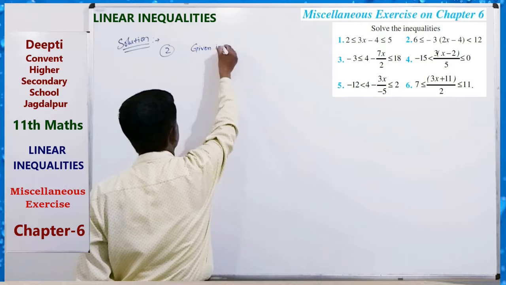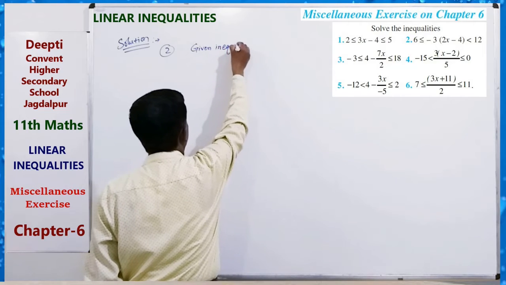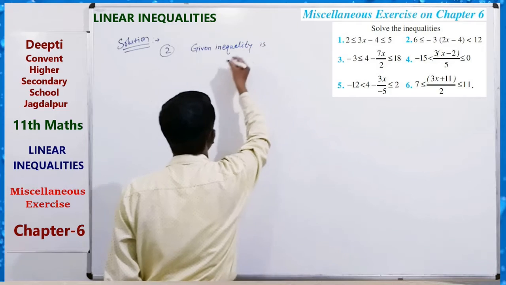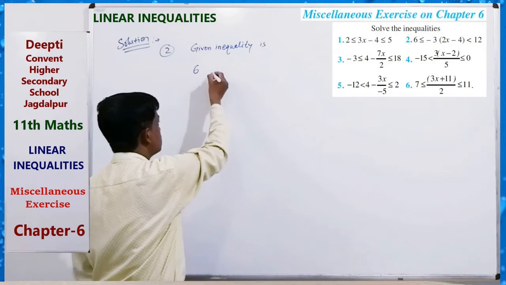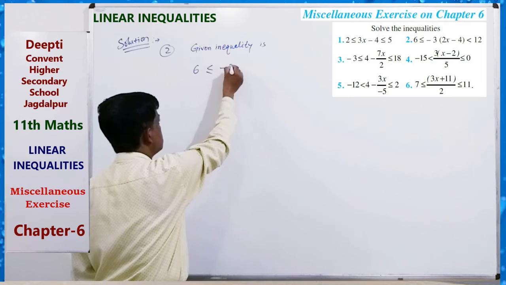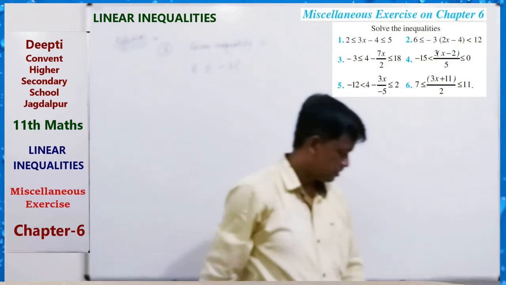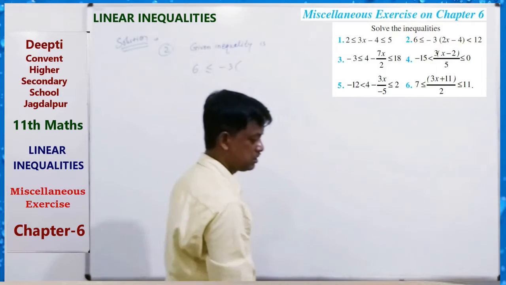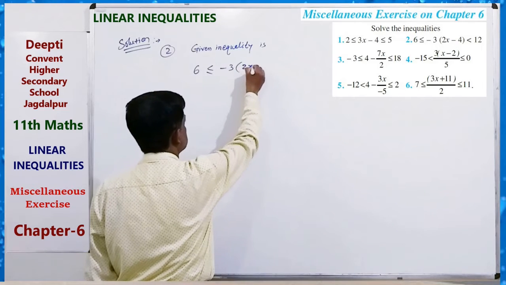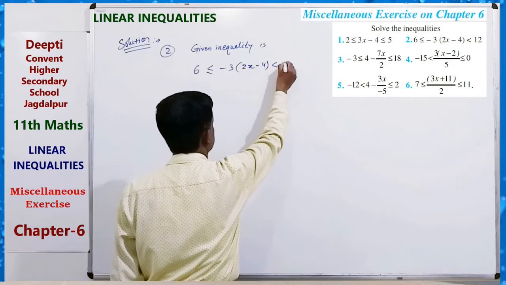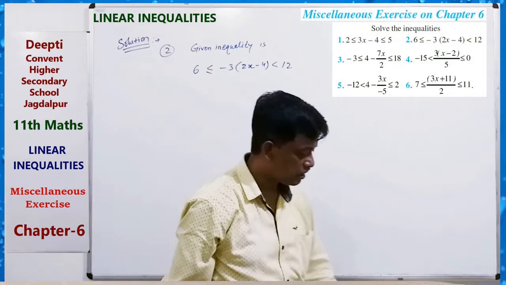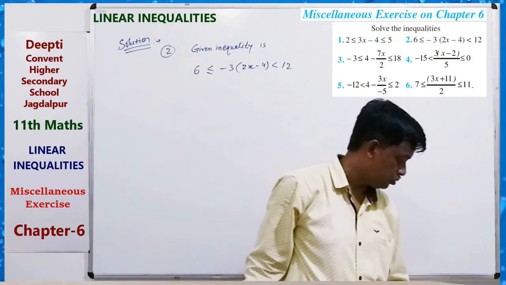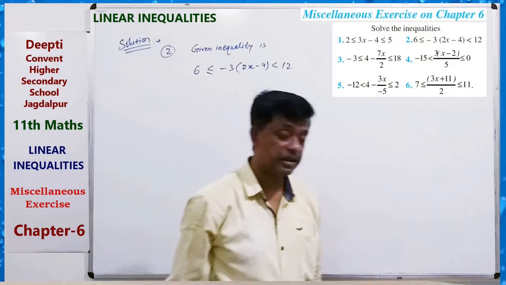The given inequality is 6 less than or equal to minus 3, 2x minus 4 less than 12, 2x minus 4 less than 12, only less than 12 is there. Okay, so from questions 1 to 6 there are